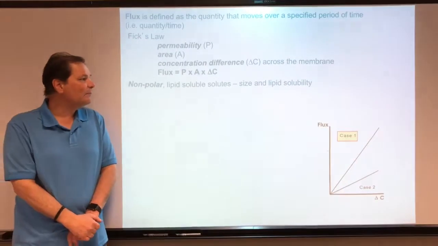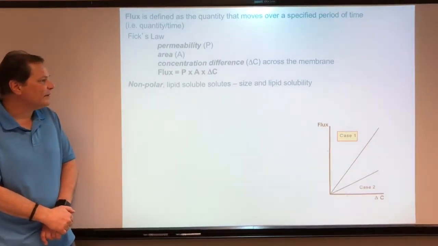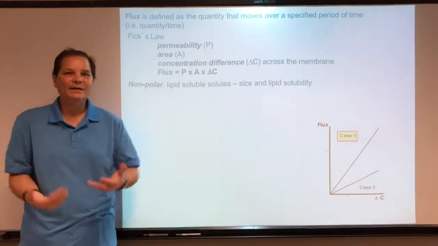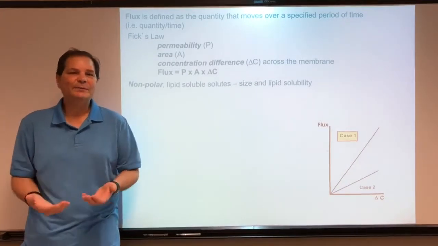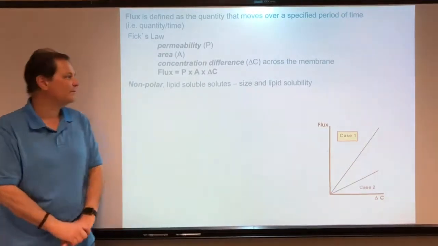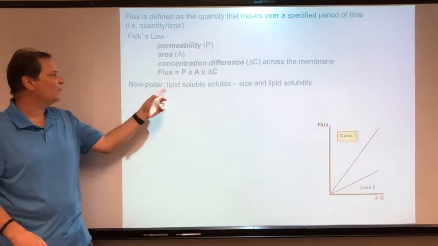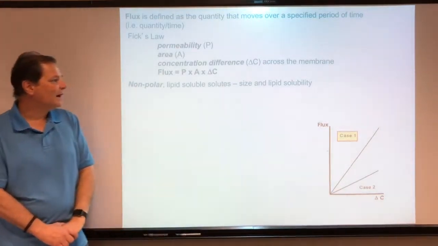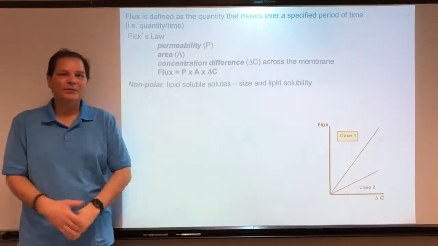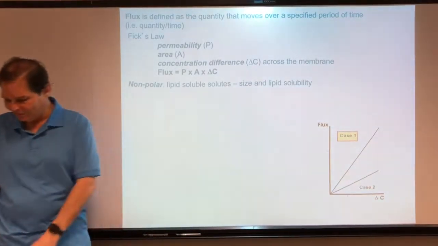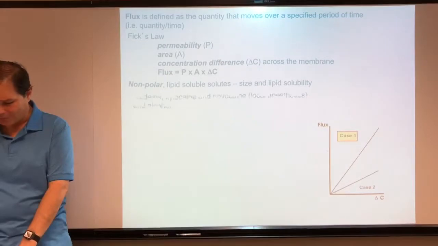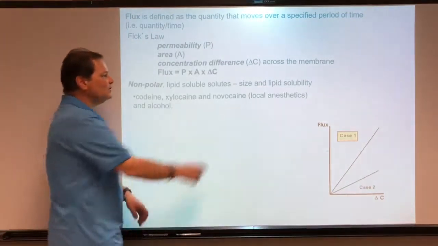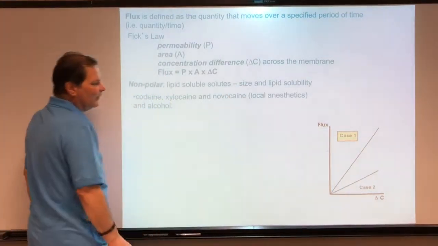Okay, so in the case of some substances, you don't need any kind of a transporter. You don't need any special way to allow a substance to get across the membrane. These are usually non-polar lipid-soluble solutes. They're soluble in the lipid, and so they get across fairly easily. They're soluble in the lipid of the membrane. The larger the molecule, of course, the slower that